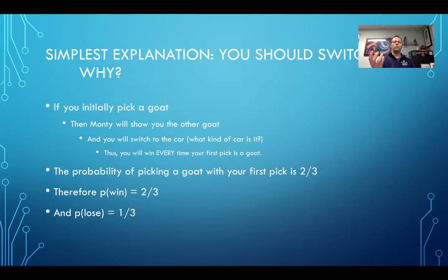If you pick goat behind door A, Monty shows you goat behind door C, and you switch to car behind door B. But you could have picked door C goat, and he shows you door A goat, and you switch to car at door B. So the only way you actually lose if you decide to switch your guess is if you pick the car with your initial guess, and then you switch away from it. But you're going to pick the car with your initial guess 1/3 of the time, and you'll pick a goat 2/3 of the time. And if you pick a goat, you'll win if you decide to switch. So that's a good way of using logic to make a decision and win a car,